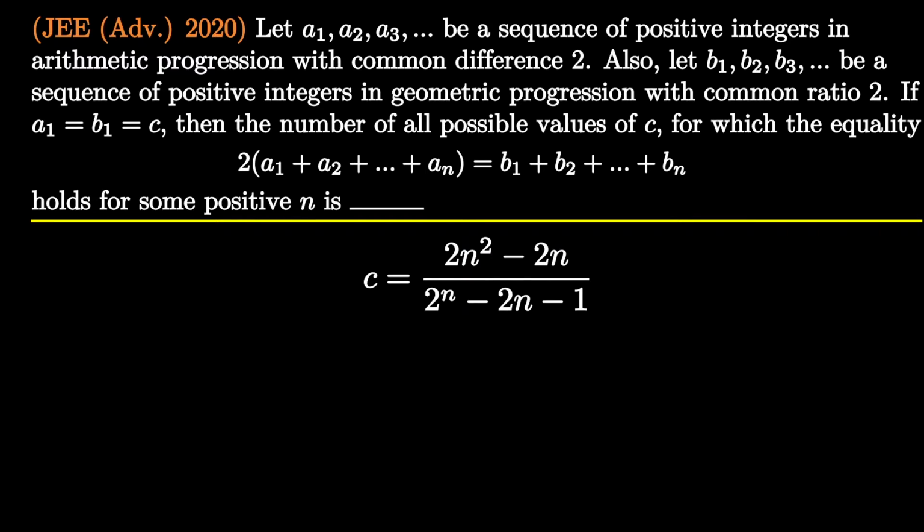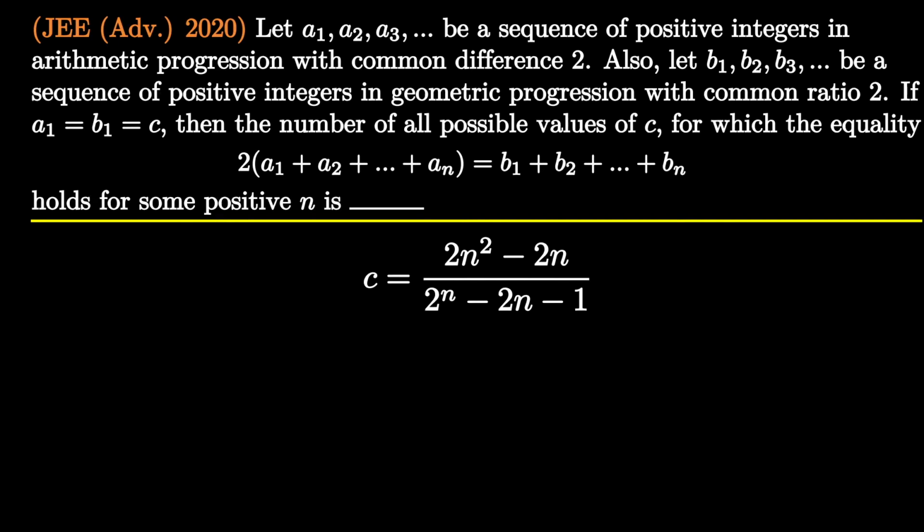Do we have any constraint on our variables c and n? The answer is yes. Both the variables c and n are positive integers. In fact, there is a fancy term for such equations which are required to be solved for integers only. We call them Diophantine equations. But knowing some particular name for an equation doesn't help us in solving it. We are still grappling with the same question. How can we solve this equation?